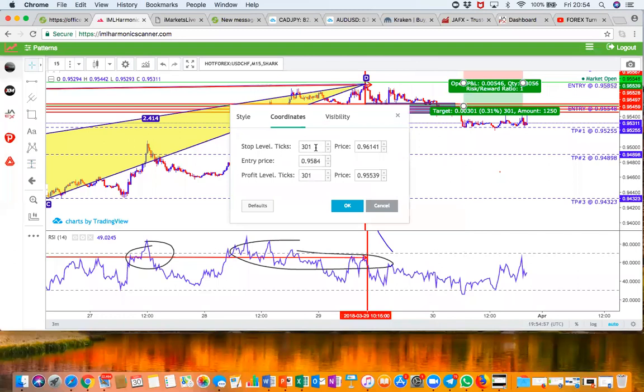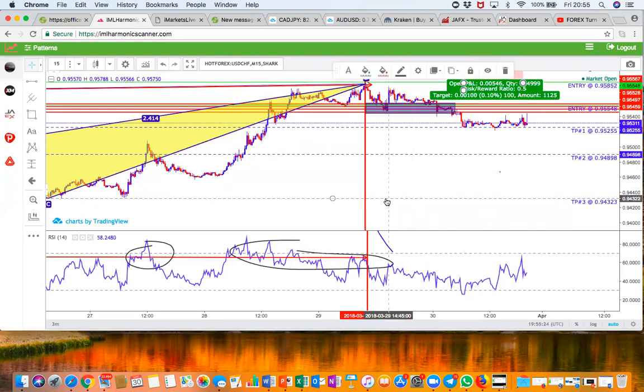I can't see that stop loss anyway. I would just say maybe 20 pips. This is just guessing because I cannot see the stop loss there. So you put 20, you put a 0. Just to round it up, you put another 0. So if you were going for 10 pips, you just put a 10, and to round it up, you put a 0. And that's how you will calculate your